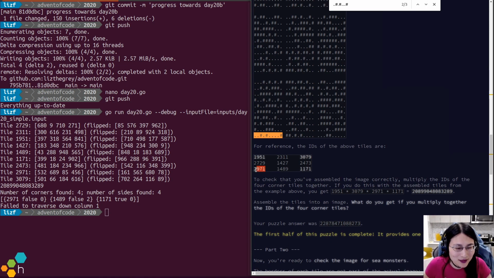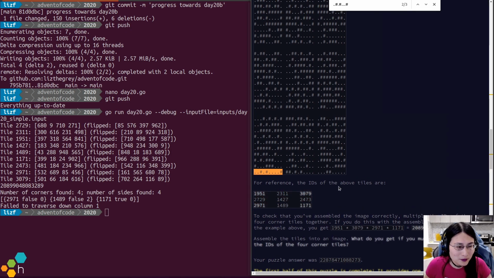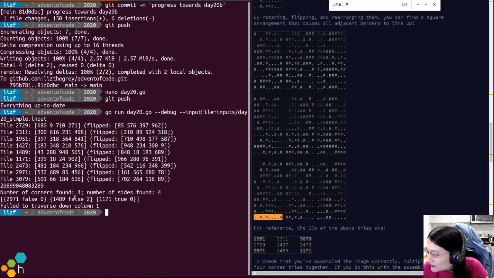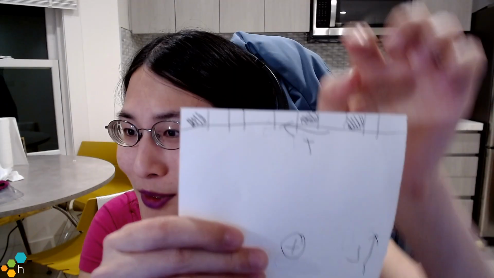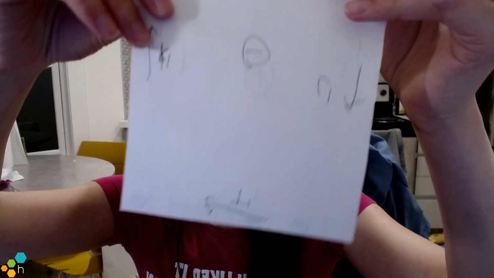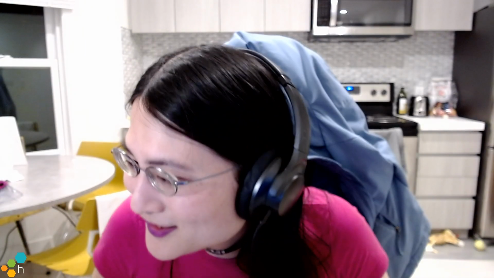So I believe that in their version, my version is flipped twice and rotated relative to Eric's solution. Sorry. Here you go. So top facing, in order to flip it to look like this, it has to be rotated and flipped in order to appear correctly. All right.